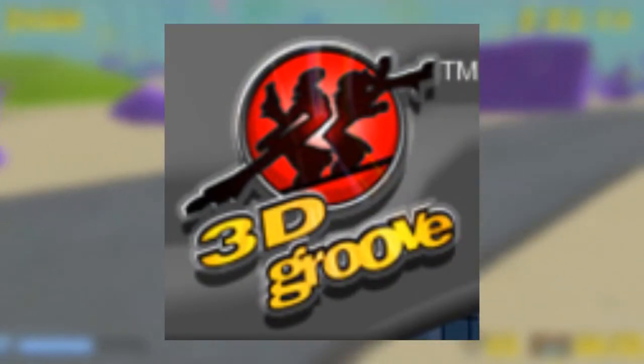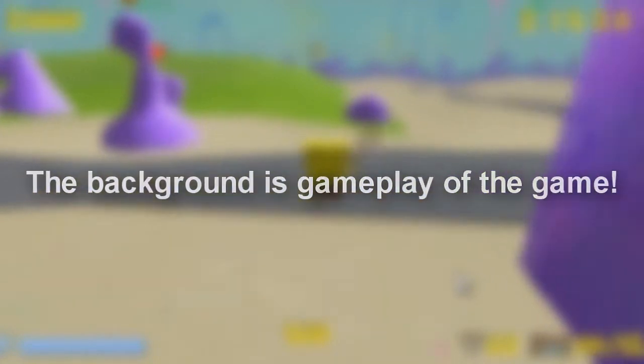Far from it. I may have covered the history of 3D Groove, but we still get their most popular game, don't quote me on it, Spongebob Squarepants Saves the Krusty Krab 3D, to cover. And unlike 3D Groove themselves who are lost, a leaked demo of this game has been found and is playable.